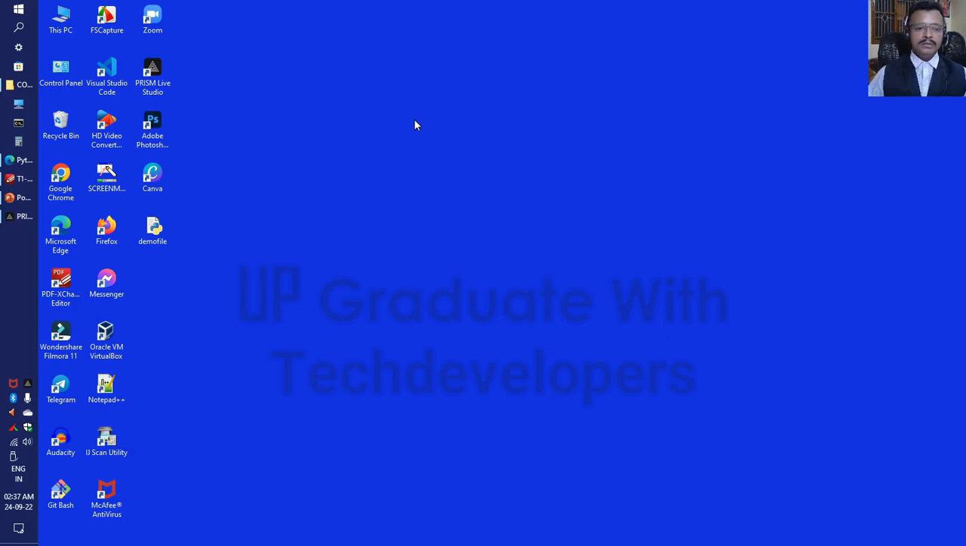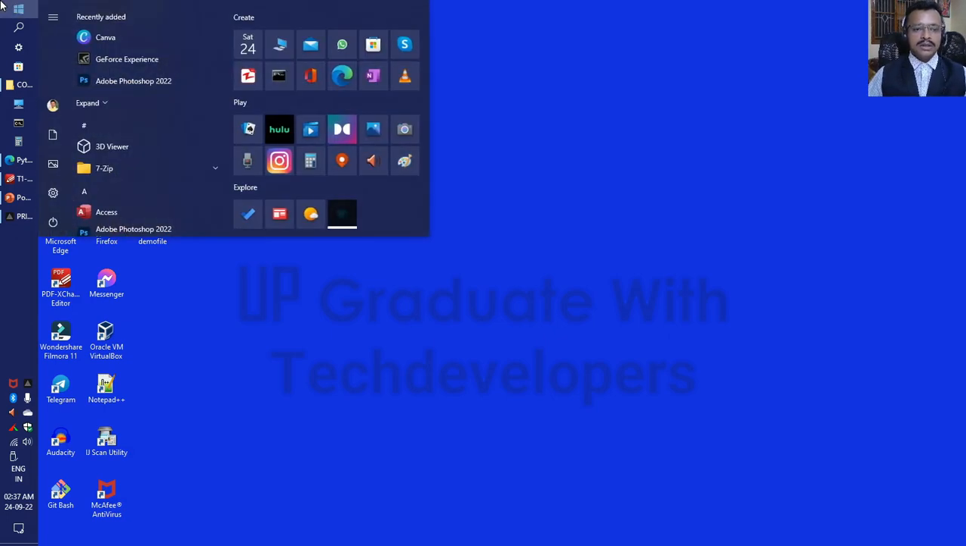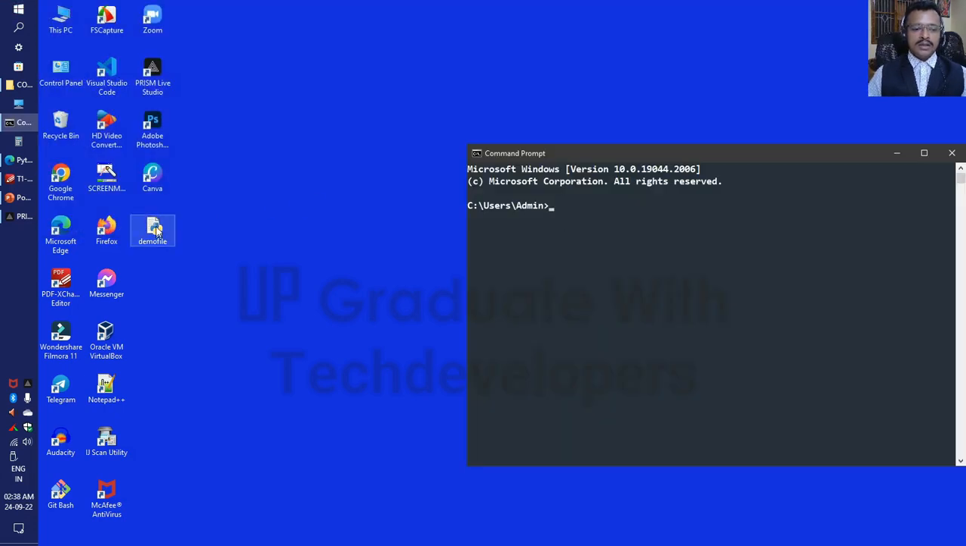Step 2 is to open the start menu and click on the command prompt. Since our demo file is on the desktop, let us move to the desktop using the command. Then run this demo file using the Python command: python space -m space